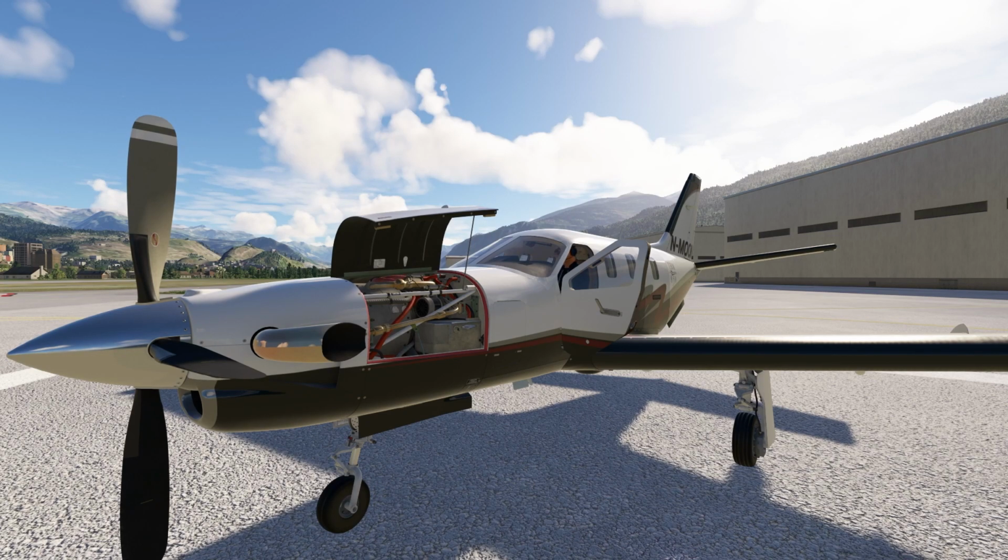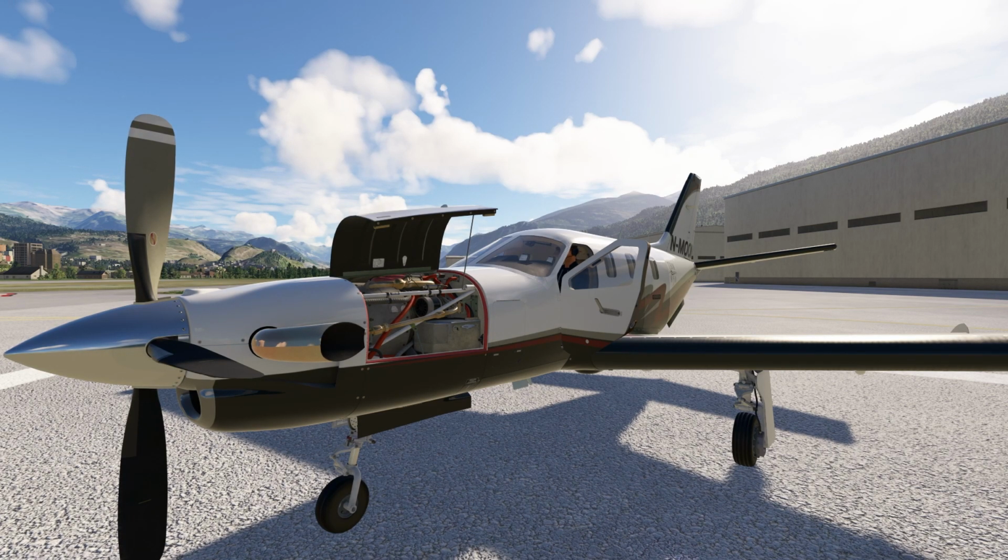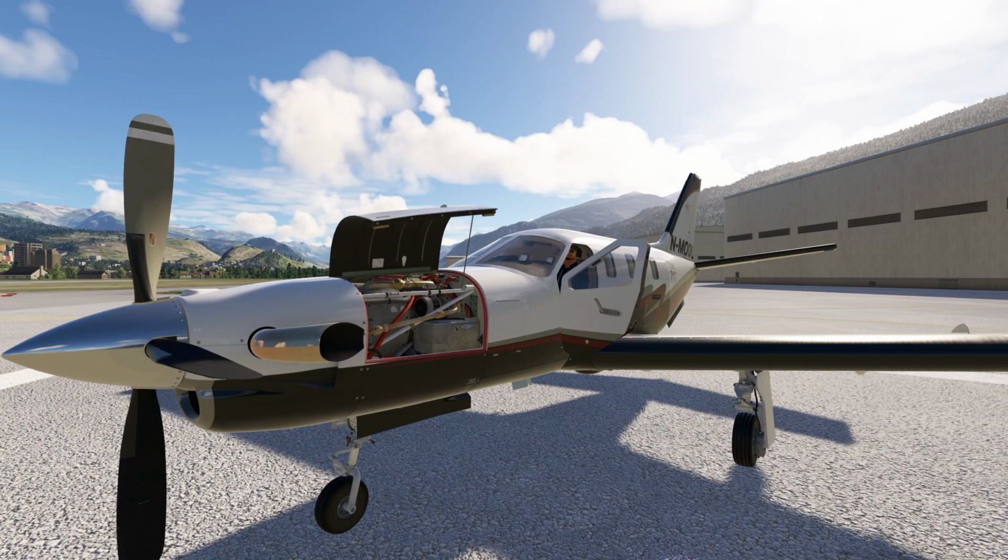Yeah, we're going to be using the Black Square TBM 850, which is an aircraft that I absolutely love. Really, really enjoy it. And we're going to be flying from Sion, Switzerland, to St. Catherine. It should be a really, really fun flight. So